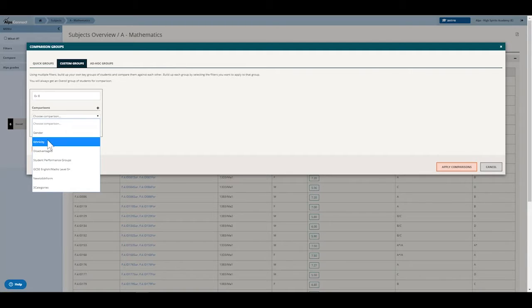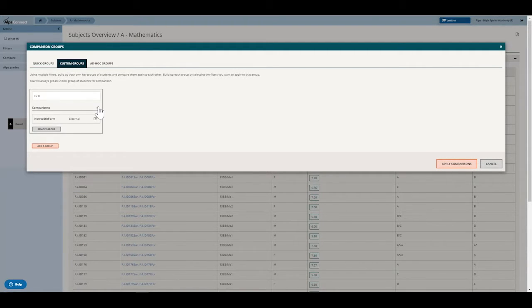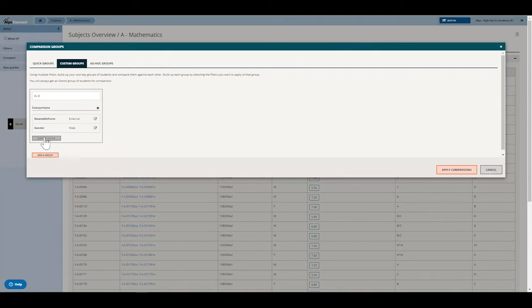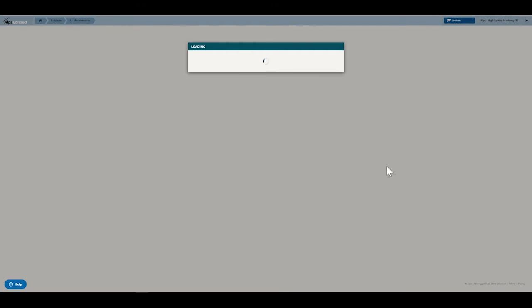So I'm going to add new to 6th external. And then I'm going to add an additional comparison of male, add. Okay, and I can add another group if I wanted to. For example, if I want to do my external girls, I can do exactly the same thing. External, and this time female, add. So I've got 2 comparison groups, apply those,